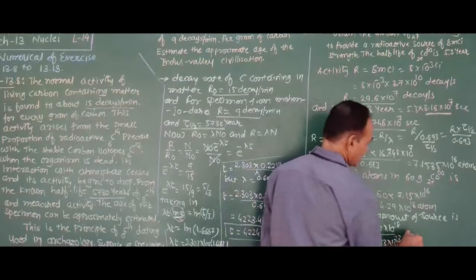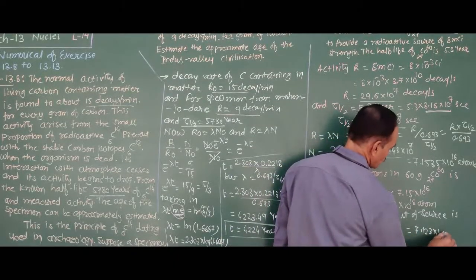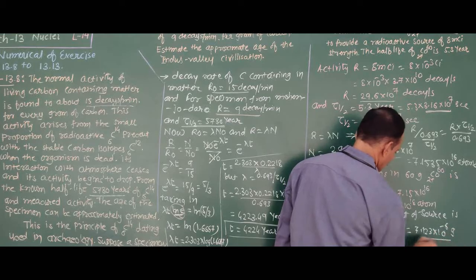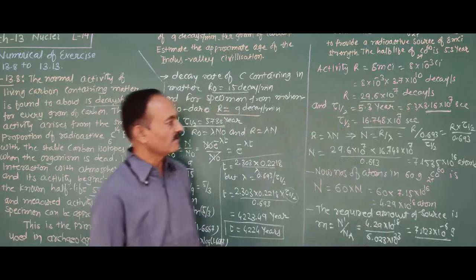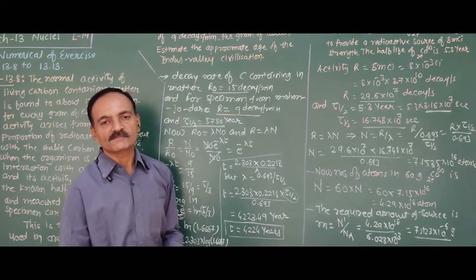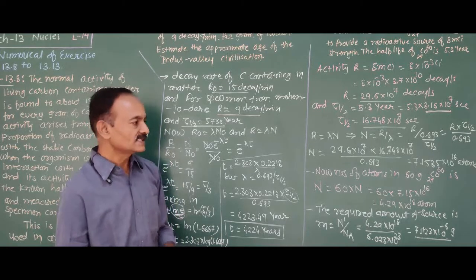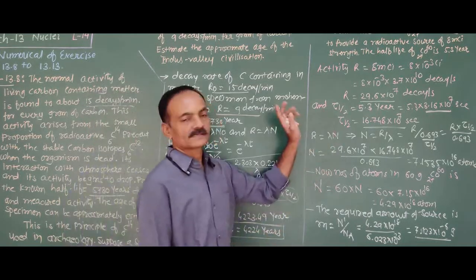So thus we obtain 7.123 into 10^-6 gram. So that much gram of cobalt is required to obtain the activity of 8 millicurie. Very easy, but there is a quite